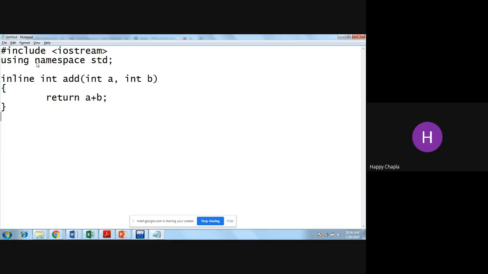Only one line of code. Now, here I'll call the function add with x comma y.